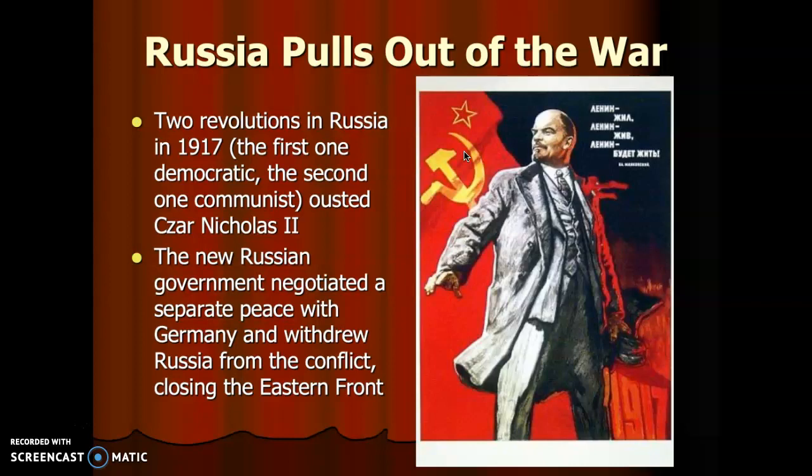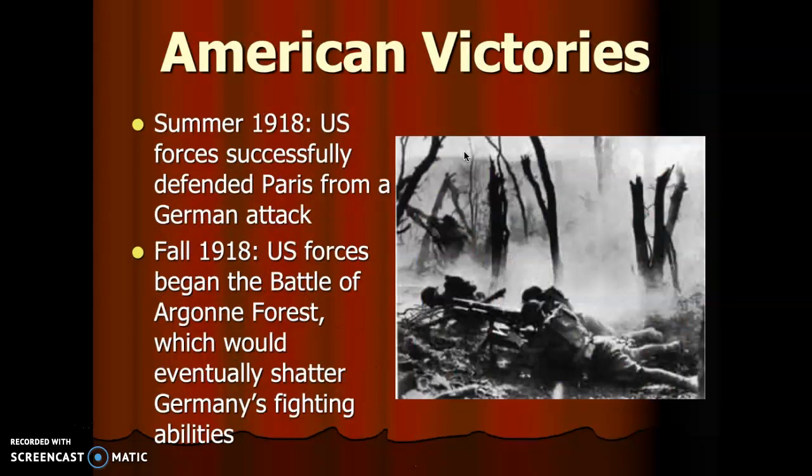So Germany is trying to get Mexico to divert the attention of the Americans. Focus on a war with Mexico so that we can defeat the British and the French, and then we'll come over to Mexico and we'll help you defeat the Americans. The Americans find out about this, and when the Americans find out about it, it causes the Americans to want to get involved. And when the Americans come in, they are going to be extremely powerful. And Germany is exhausted. Remember, they've been fighting since 1914.